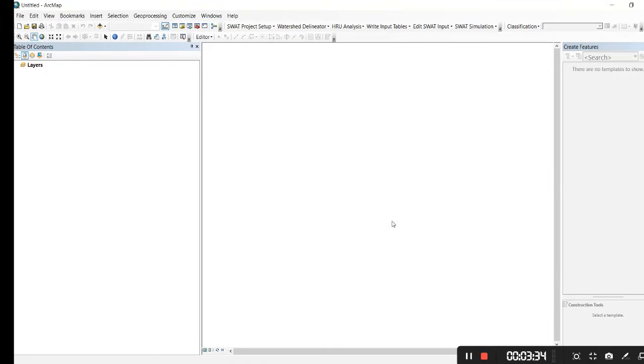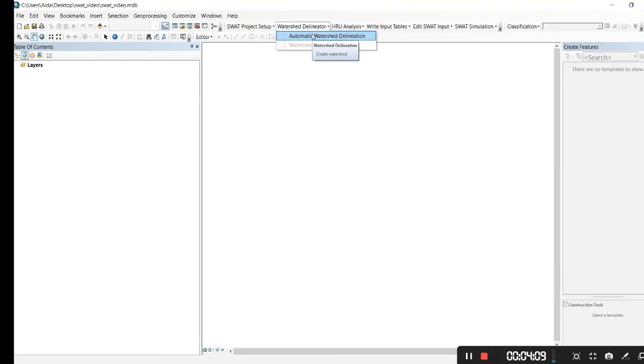Click OK. Project setup is done. Now you have space to inform your inputs and start making your project and making your model. The next thing you should do is to go to watershed delineator